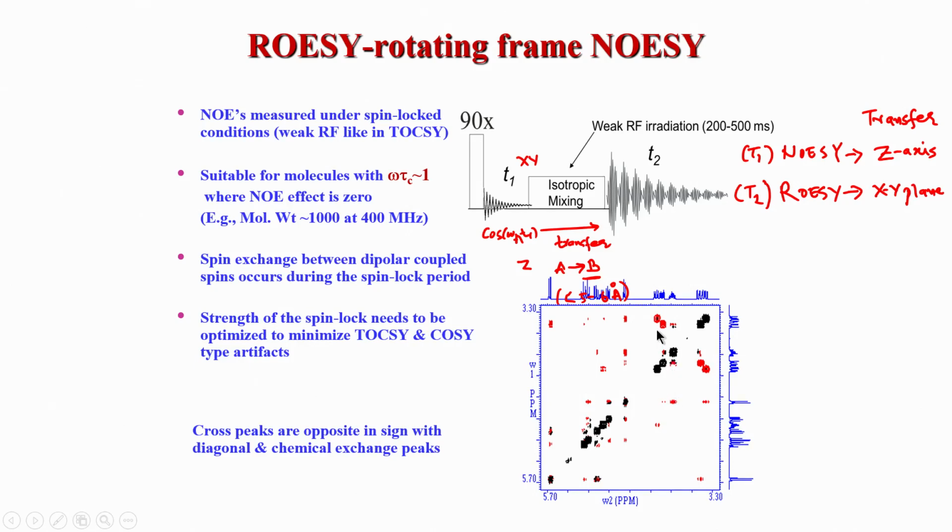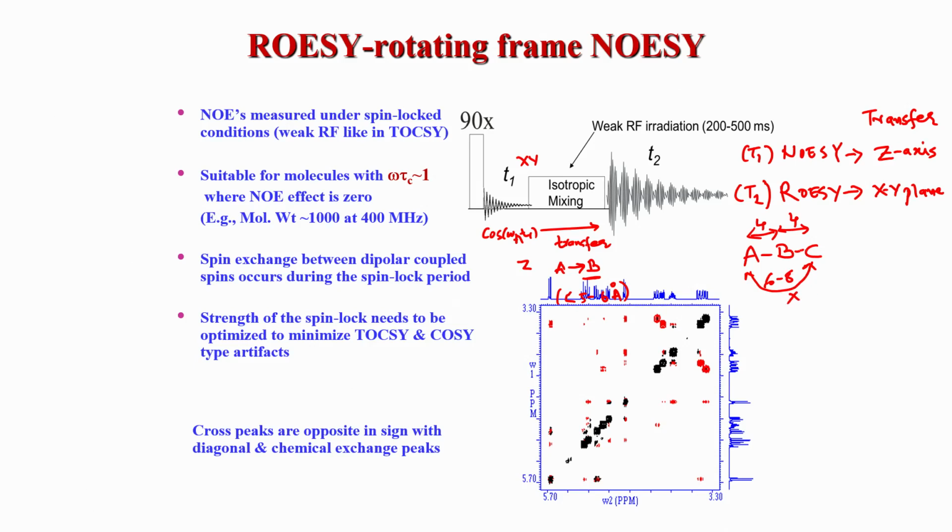One more thing is the spin diffusion peak. This is something I mentioned: suppose I have A going to B and C. Let us say I have 3 spins, and this distance is, let us say, 5 Angstrom or 4, and let us say this is about 4. So, this to this is probably about 6 to 8 depending on the geometry. Obviously between A and C I cannot expect any cross relaxation or any NOE effect or ROE effect, because ROESY and NOESY both have this constraint of distance.